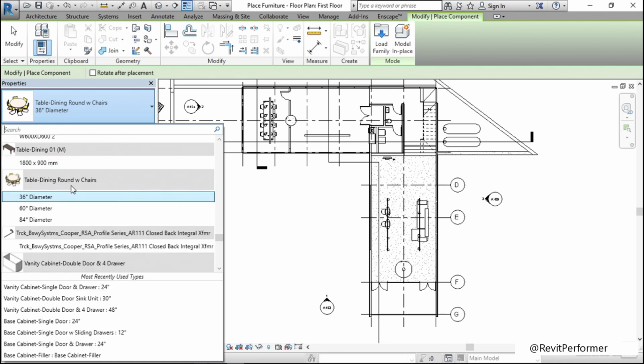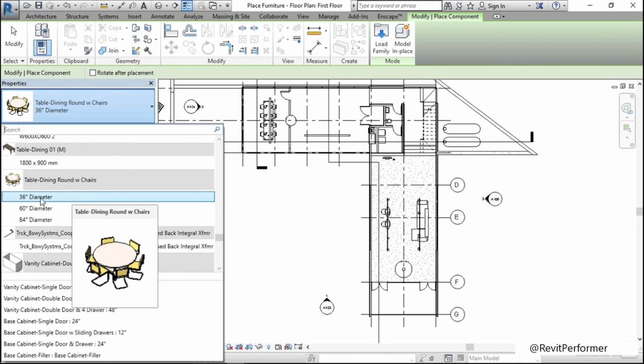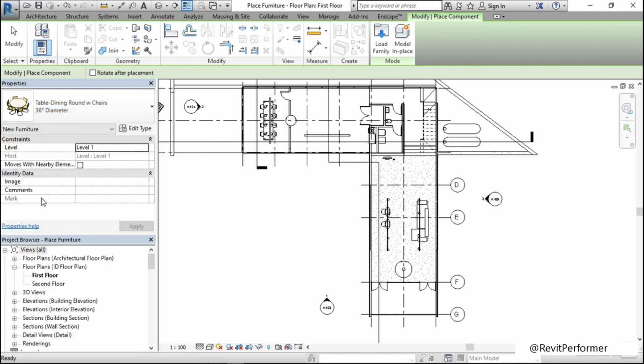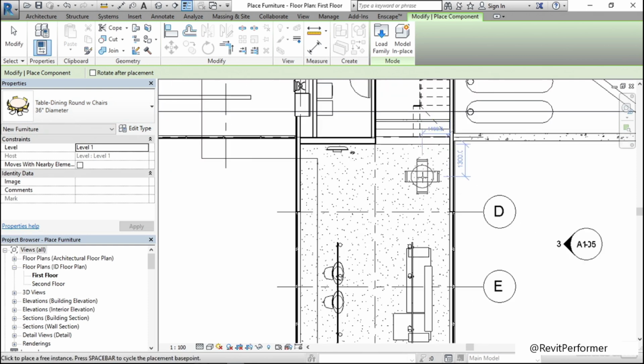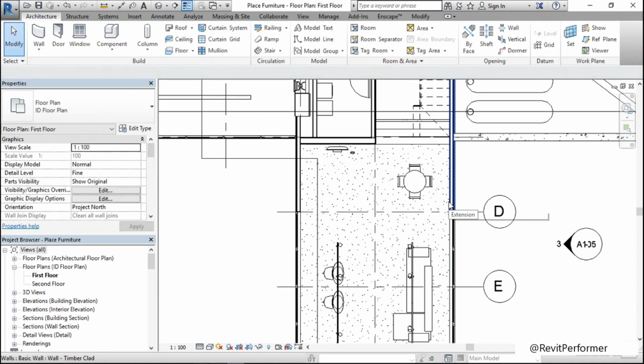This table dining around with chairs will work just fine. I'm going to select on the 36-inch diameter and then place it over here toward the corner of the room. Now we have the table and chairs there in the corner of the room. I'll also mention, and I just hit the Escape key a couple of times to get out of the command, that